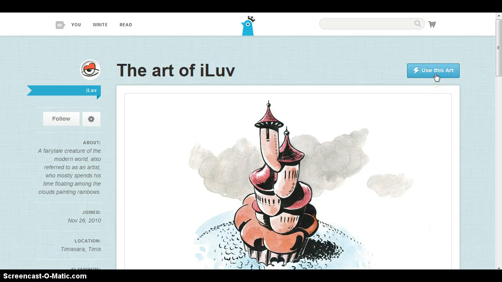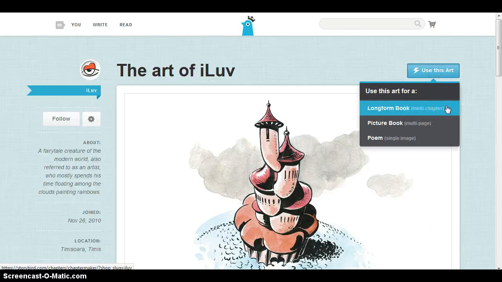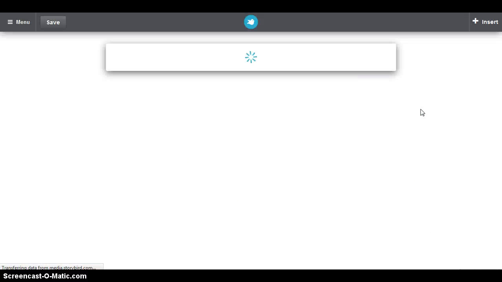You're going to look at the right hand side corner at the top of the page, and you're going to click on the icon that says use this art. You're going to choose then what you want to use it for. So if you're going to use it to create a multi-chapter book, a picture book with a multi-page, or a poem with a single image. Let's click on multi-chapter,